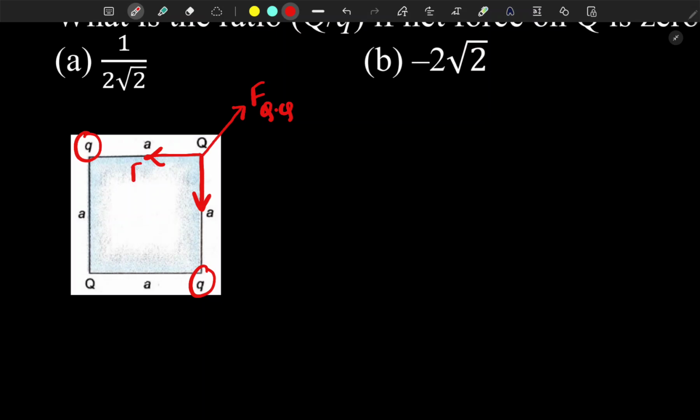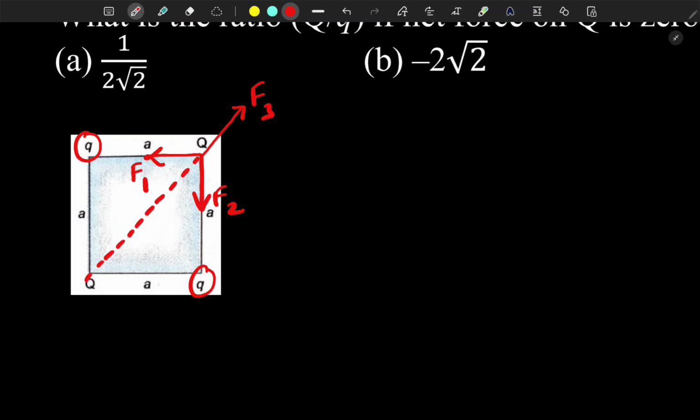So that is force due to small q on capital Q. So I'll consider this as F1, F2 and F3, where F1 and F2 will be same forces, but F3, for